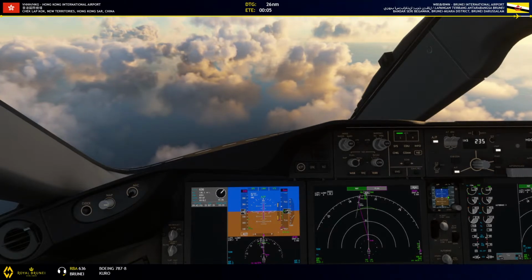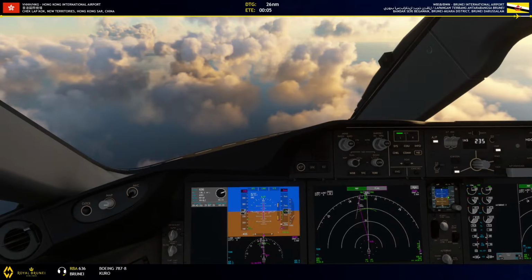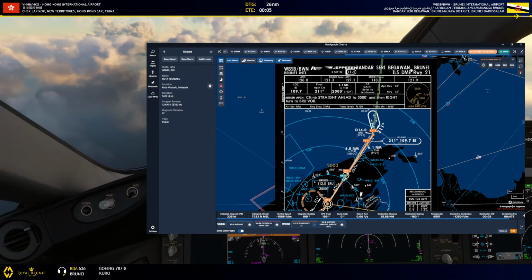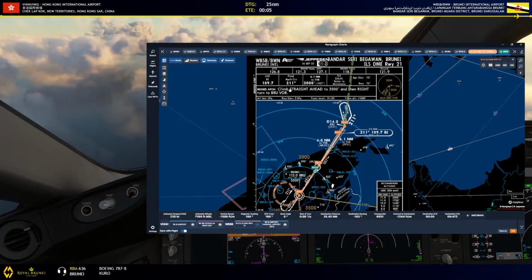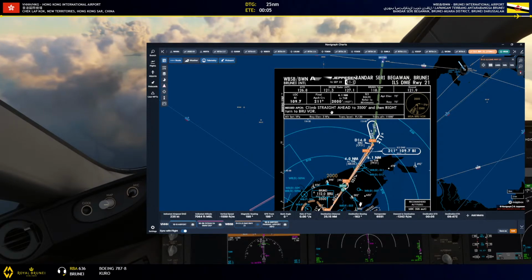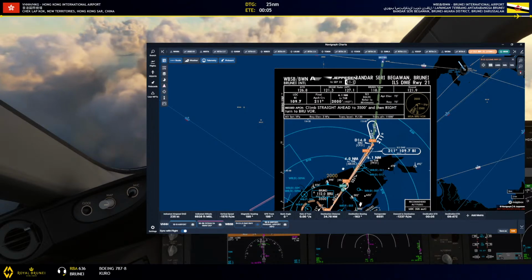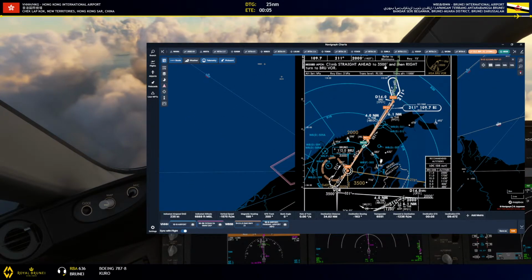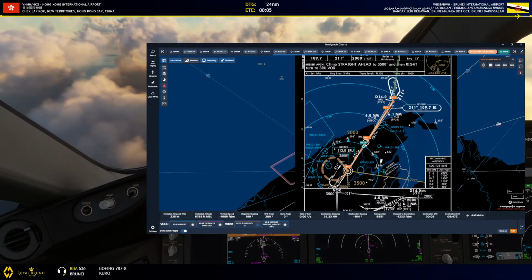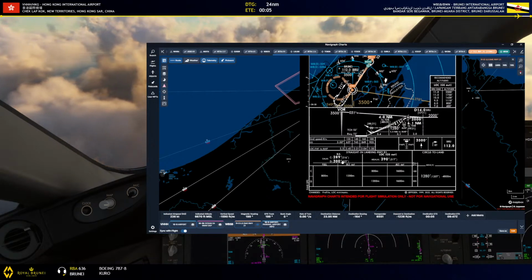Alright, we're coming up on everything pretty fast here. So here's our approach plate. ILS 1, localizer is 109.7. Final approach to 11,000 to capture the glide slope. Airport elevation 73. Climb straight ahead 3,500, then right. And our minimum is going to be